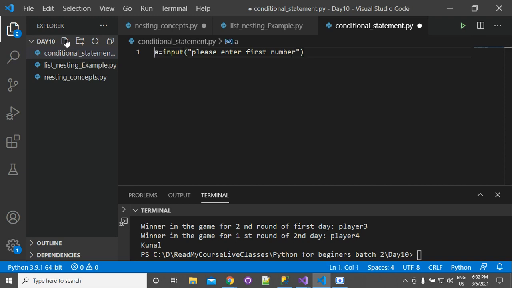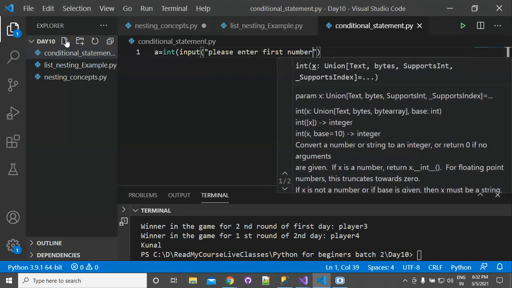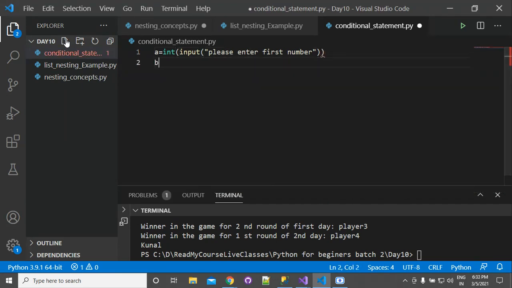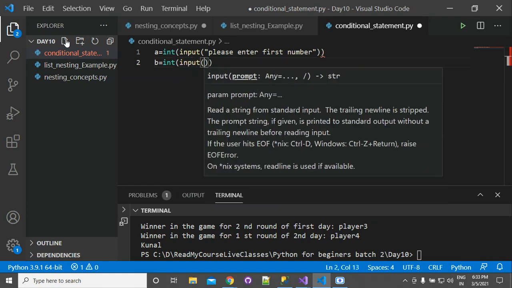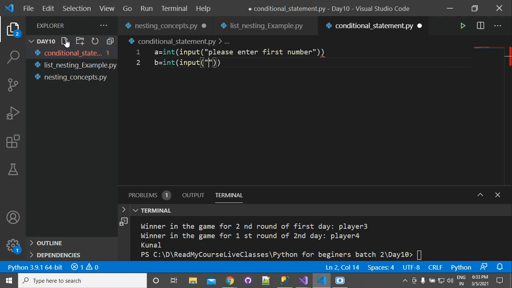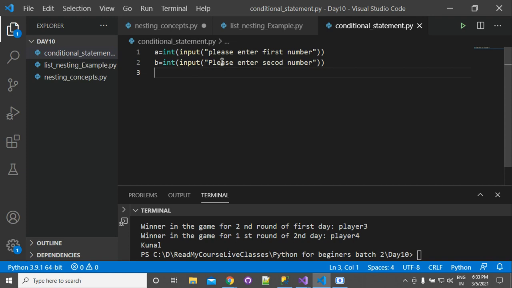Okay, we are taking two values from the user, int and input, please enter first number, and then b is equal to int and then input, please enter second number. Okay, so now we have two numbers a and b that we are taking from the user.